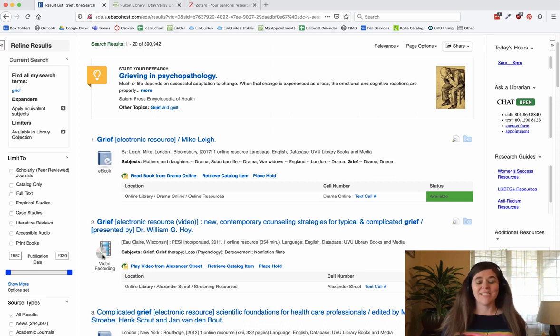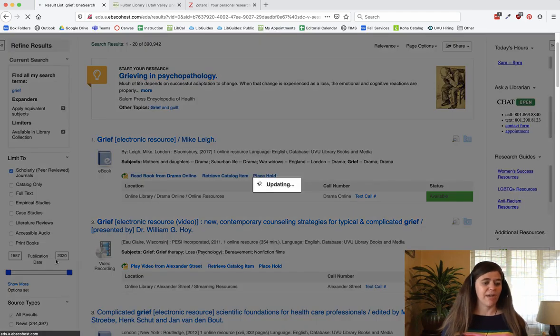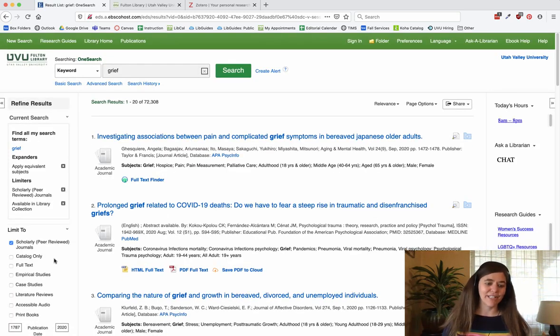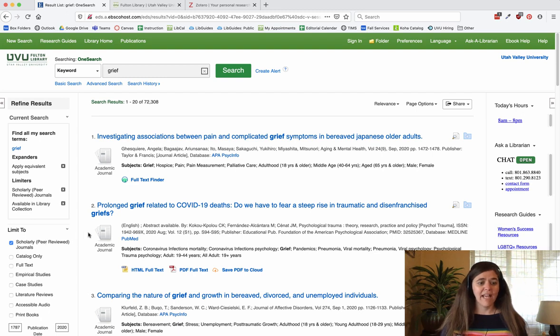If I do want to narrow it down to those peer-reviewed articles from journals, I can use this filter over on the left side that says scholarly peer-reviewed journals. I can just go ahead and check that, and it's going to narrow down the results to just those scholarly articles. Since I still have only run a search for grief, it looks like it's still finding more than 72,000